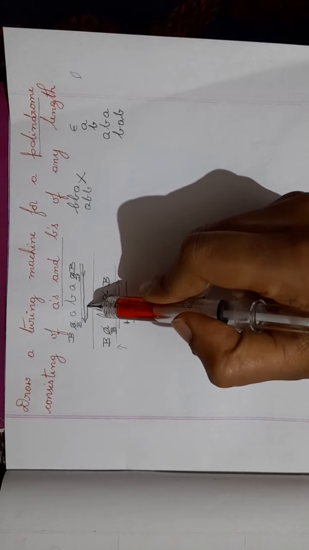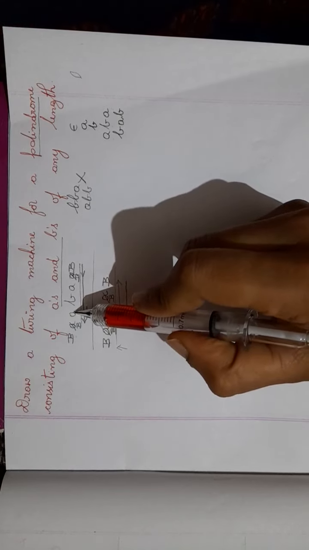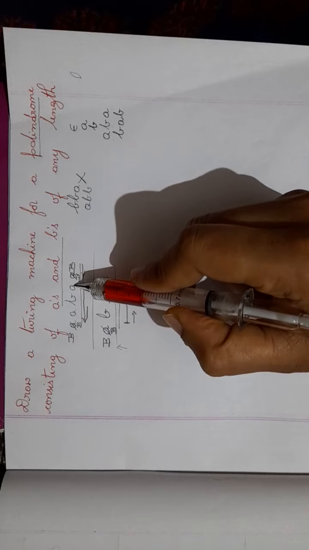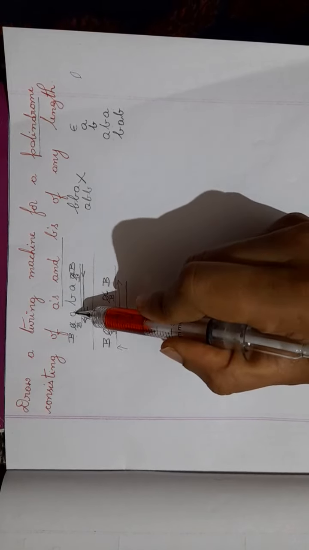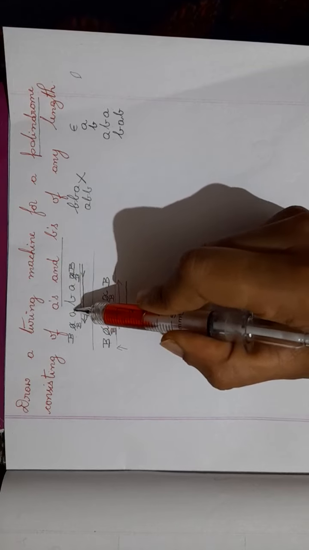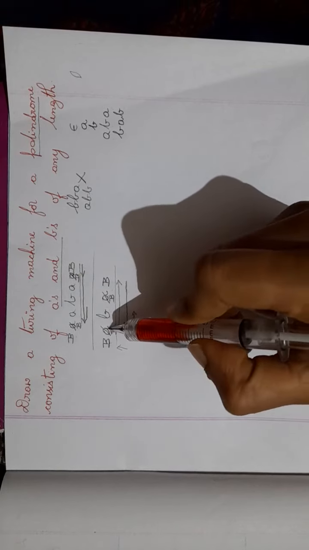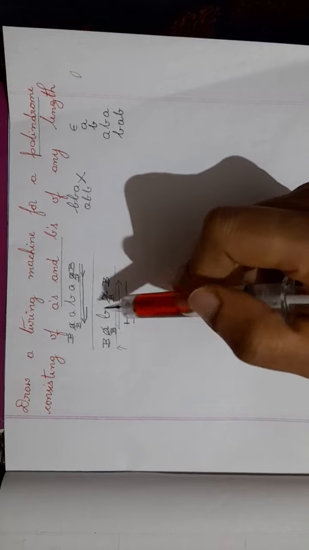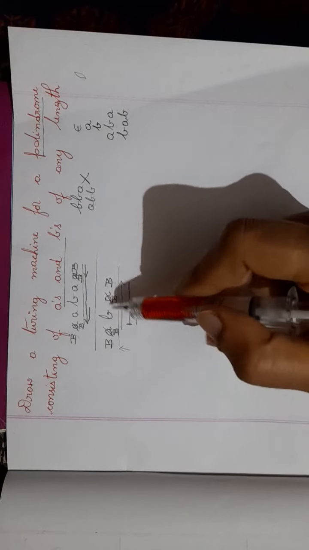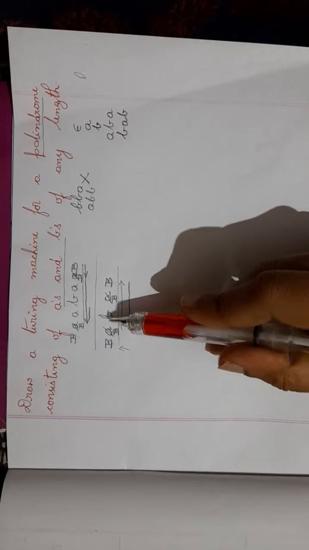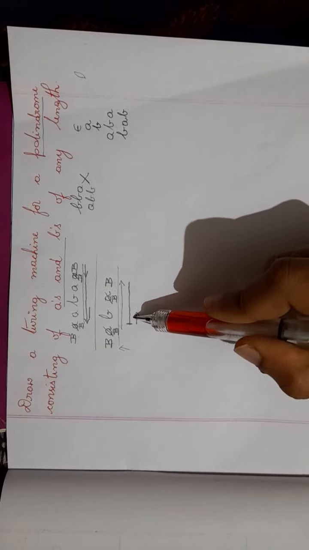Now change the direction. Now what happens? Once again, this becomes the second character. This becomes the last but one character. So now you can notice that this is A, this is also A. This A, B, A is nothing but this A, B, A itself. Okay. So this is the base condition. So I'll draw a Turing machine for this and this goes on. Okay. So here, now it will change the direction.